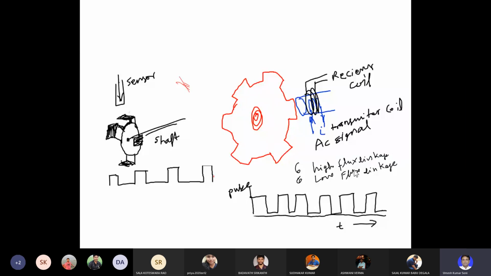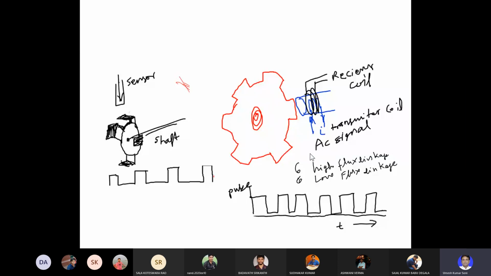When the cut section of the disk is in front of the magnetic sensor, then the flux linkage to the receiving coil will be small, and there will be a very small induced voltage, or it can be nil, and depending on this voltage magnitude, this can be classified as zero using the analog circuits and the logic circuits inside this sensor block. So this type of magnetic sensor can also be used for sensing the angular position.